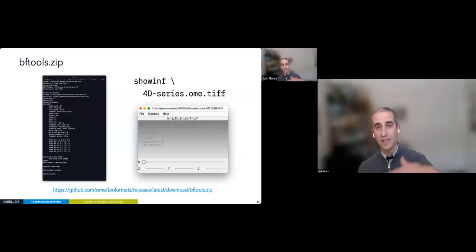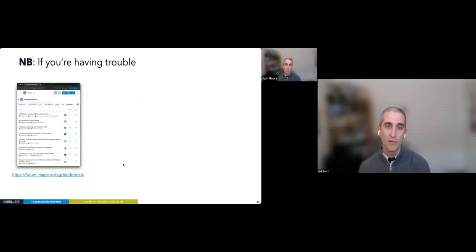It's basically saying, here's what I think your data looks like. Here's the dimensionality. Here's your pixel type. Here's all the basic information. And so you'll know whether or not Bio-Formats is interpreting your data correctly. It will also print out a little GUI, which isn't particularly helpful, but it does let you know, are the pixels being read or is something missing? And like I said, we will probably ask you to do this